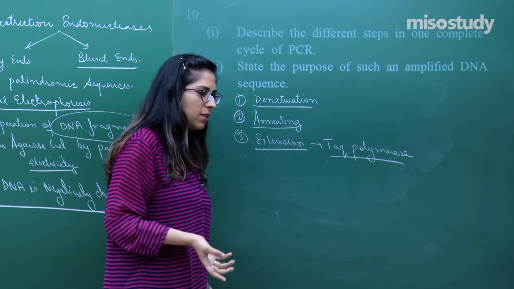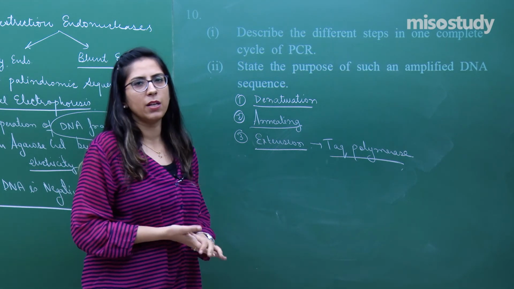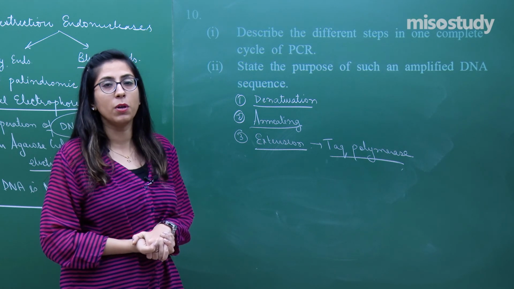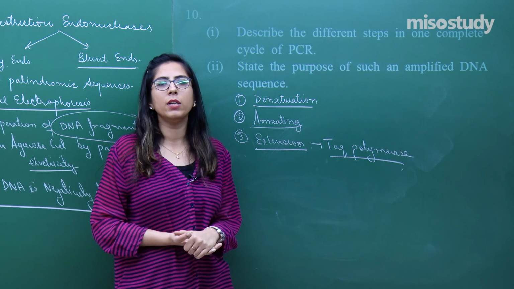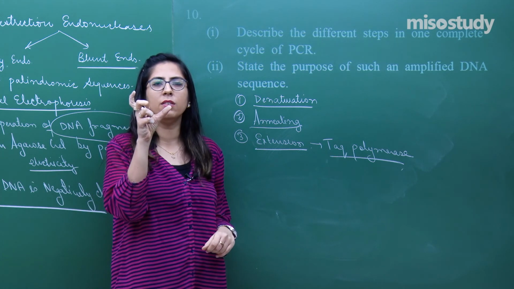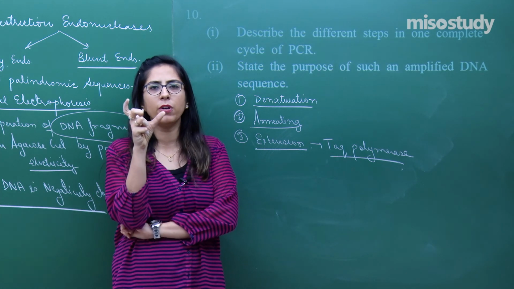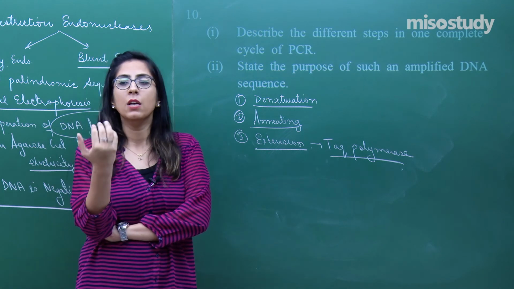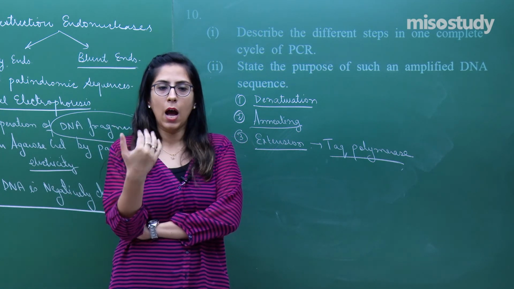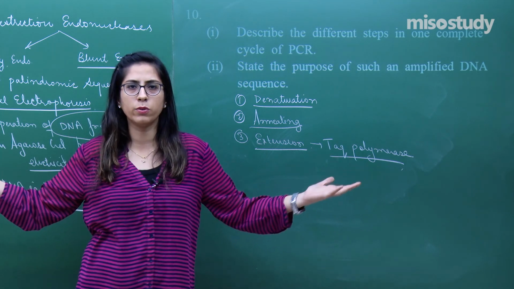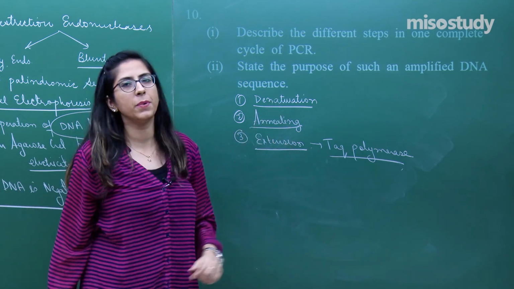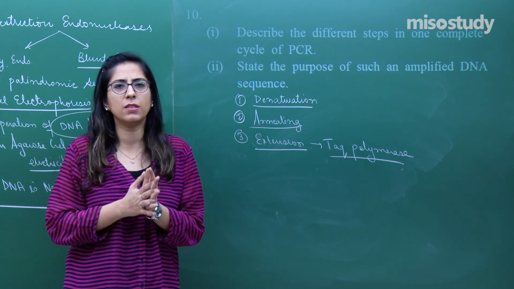State the purpose of an amplified DNA sequence. So many purposes are there. Suppose at a crime scene I found DNA is present and I want to amplify it. That is done with the help of PCR. Normally, what I want is, a particular gene is there, a DNA of interest is there, that gives rise to a sequence. Suppose it gives rise to the insulin hormone. I want that to be amplified so that it can be inserted into multiple hosts. That is done with the help of PCR. So these are the different uses of PCR.